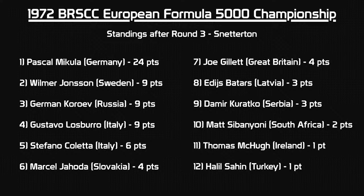Behind them is our third place driver, Stefano Coletta, on 6 points. He's been just hanging there. Hopefully, trying to find someone to take the fight to Pascal, who seems to be running away with the championship. Behind them is Marcel Jahoda on 4 points, tied also with Joe Gillett, and I haven't seen a lot of them feature here today, and I'm just checking. None of them feature here today, which is slightly disappointing, but